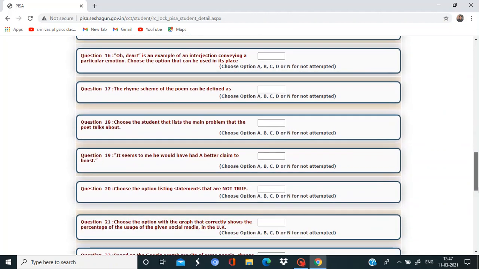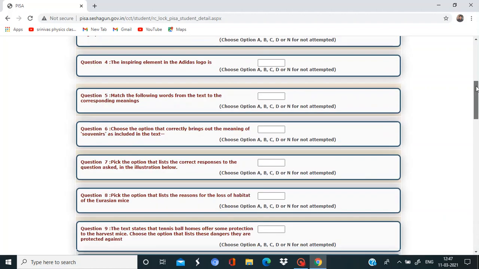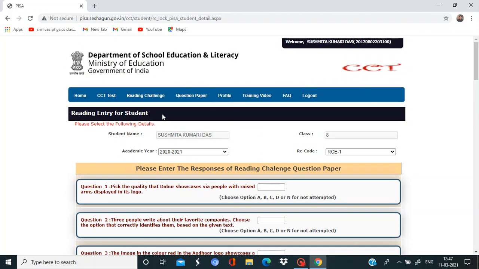You see them, and then at the end you can lock it. If you lock it, then your exam will be complete. This is the procedure to write the exam.